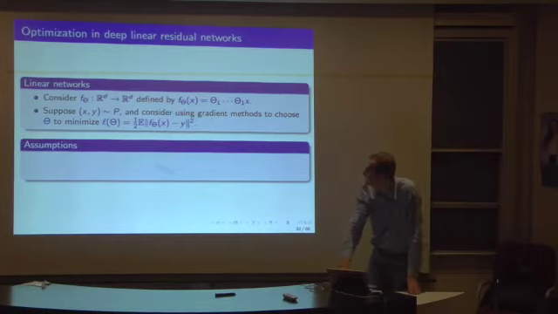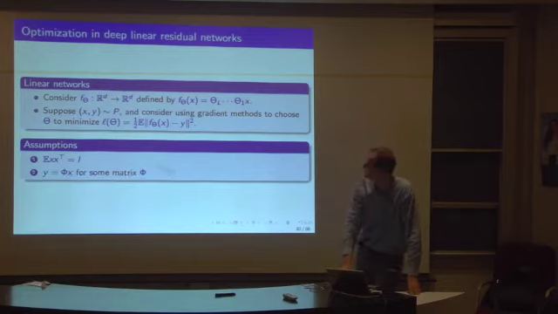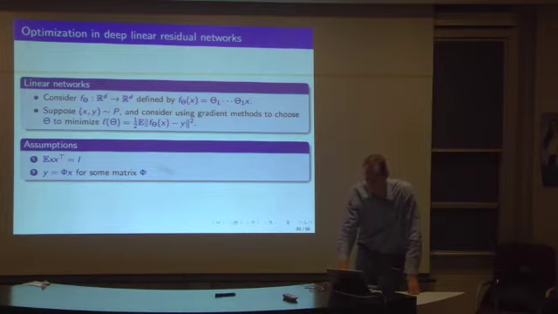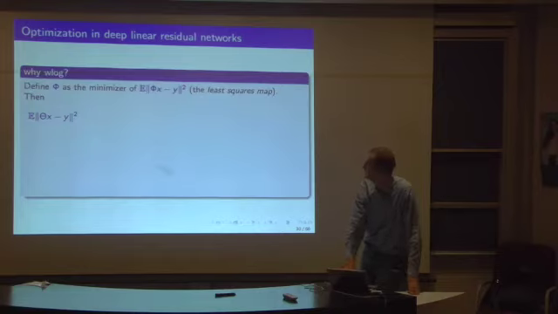We're going to make a few assumptions. The first one is that the input is white, and we could transform if it's not. This is not a big deal, it makes things a lot easier. The second assumption is that the y is linearly related to x, and that's without loss of generality because of the projection theorem. Let me go through the steps of that.